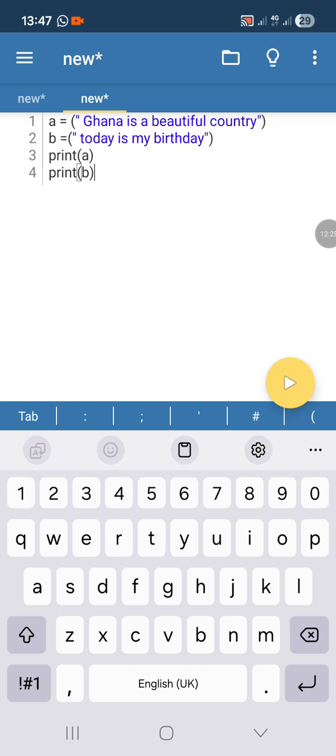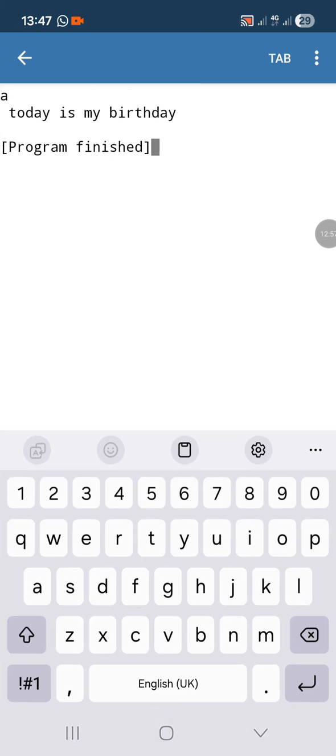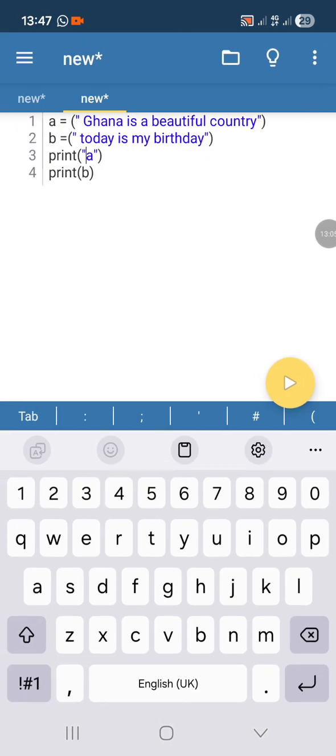So, depending on whatever you are trying to do, it's better that anything you do, you save it in a variable rather than printing the raw output. So, if you want to print the results, rather print the variable. And in printing the variable, don't put the variable in double quotation. If you do that, Python will print whatever is in the double quotation for you. Right now, A is in double quotation. B is not in any quotation. So when we print, the top one will be A. The second one will contain what is in B. Like this. Have you seen it? The first one is A. But the second one rather is bringing out the information B was containing. That is today is my birthday.